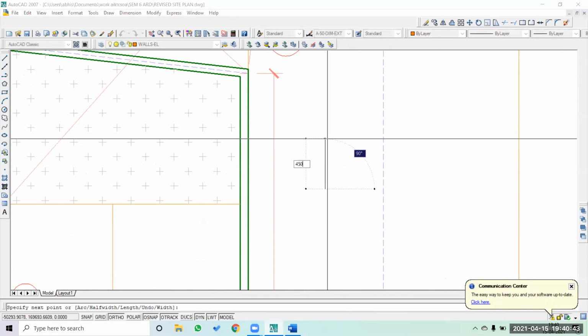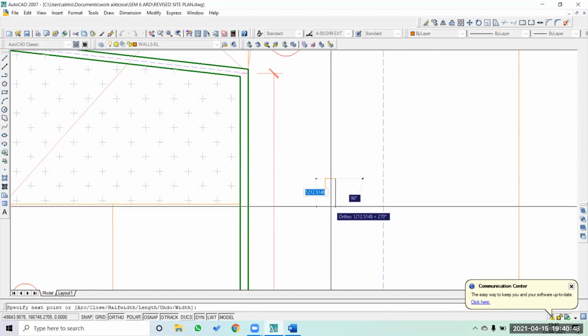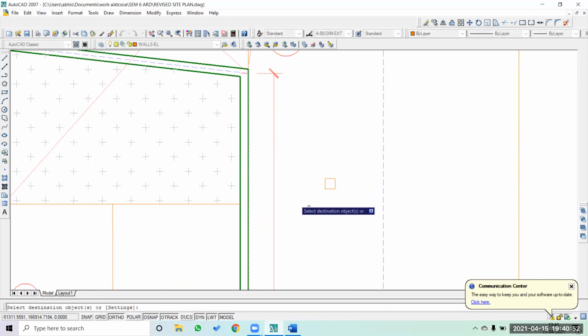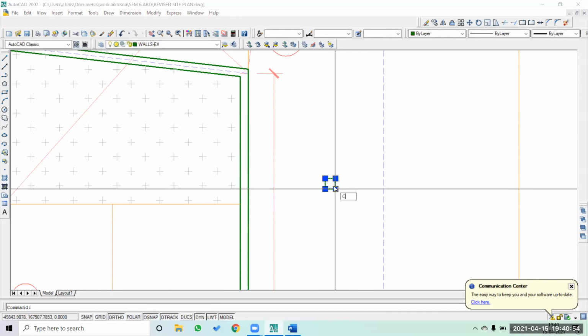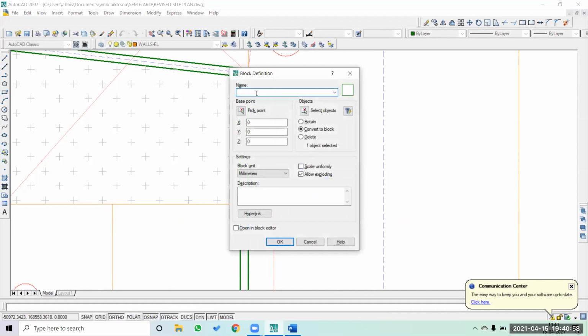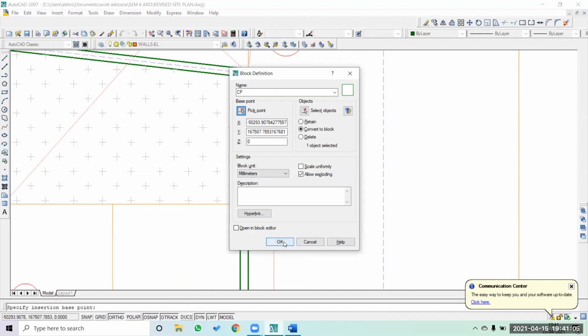So I'll make the 450 by 450 squarish pier. Okay, let's give a line weight to this. Okay, and this particular pier I'm going to make as a block. Okay, I'll name it column piers, and then I'm going to see the coordination to this.